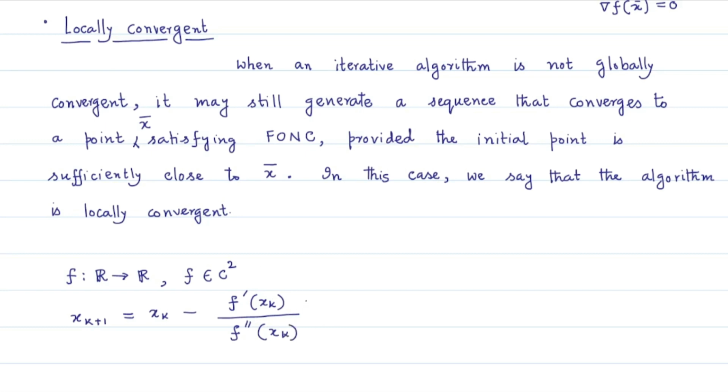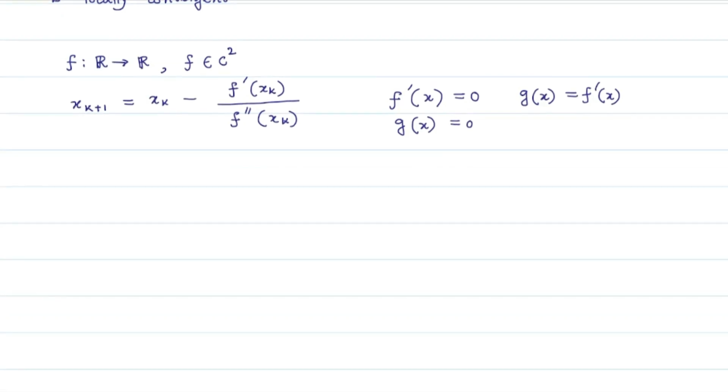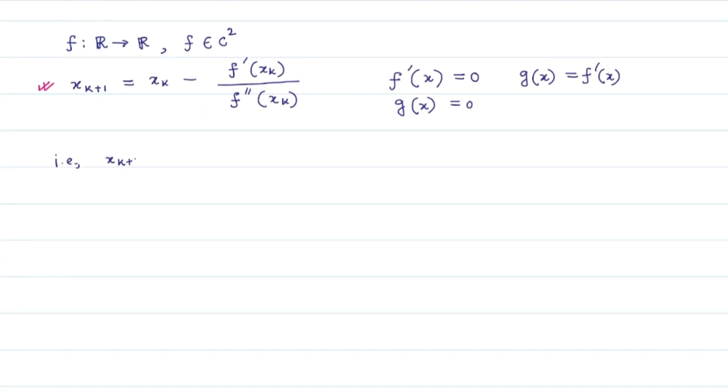And this iterate is aiming to find a point that satisfies the first order necessary optimality condition. That is, simply it aims to find a solution to the equation f'(x) = 0. If we define a new function g(x), given by the derivative of the function f, then this sequence of iterates x_k aims to find a solution for g(x) = 0. Here, in terms of the function g, this iterative formula reduces to x_{k+1} = x_k -